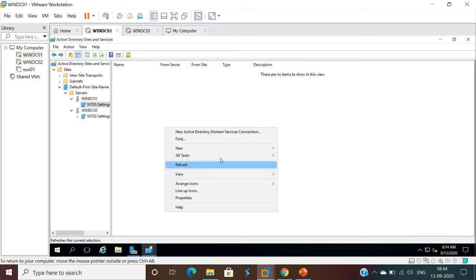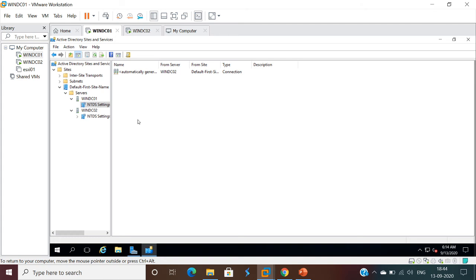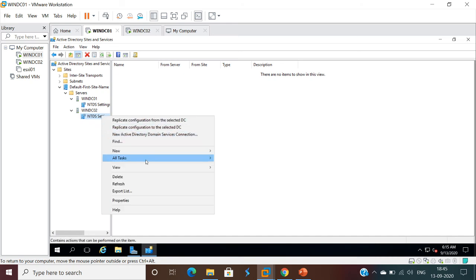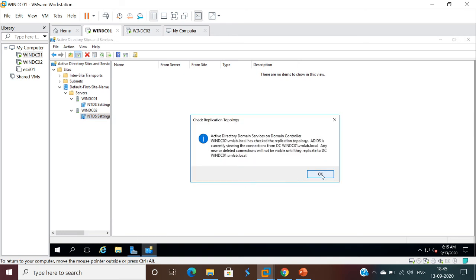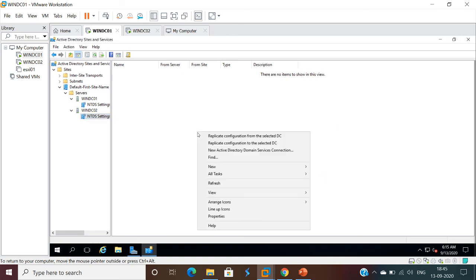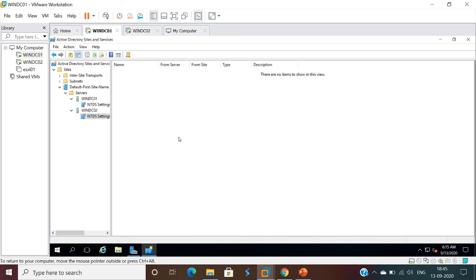Refresh, we should see one link. So now the link has appeared here, that is from DC02. Similarly, go to DC02, click on NTDS Settings, check the replication topology, refresh.